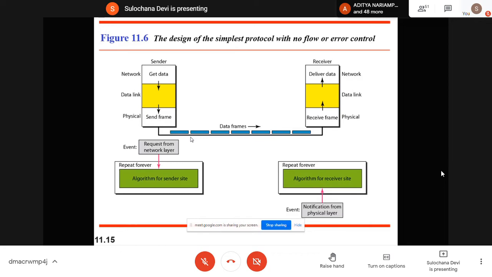No acknowledgement is provided by the receiver. Whenever the sender gets data from the network layer, it makes frames from that data and gives them to the physical layer, which converts them into bits, and then the bits are encoded and transmitted over the network.